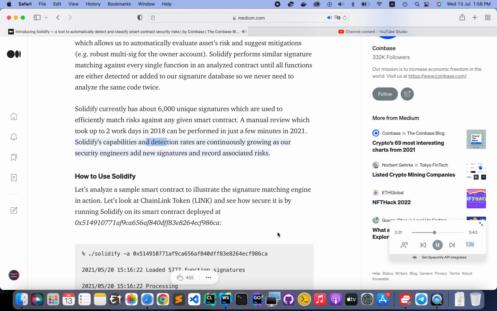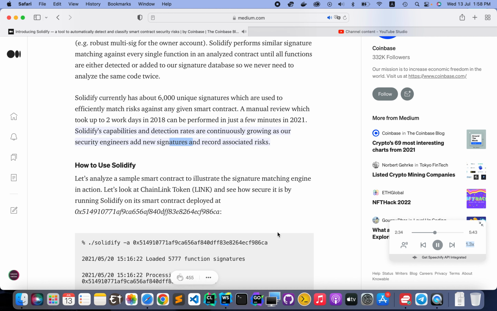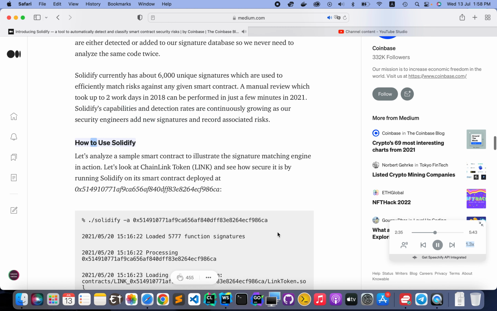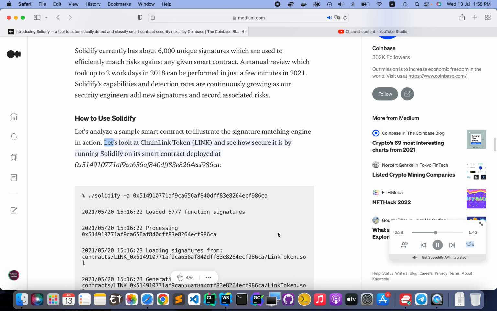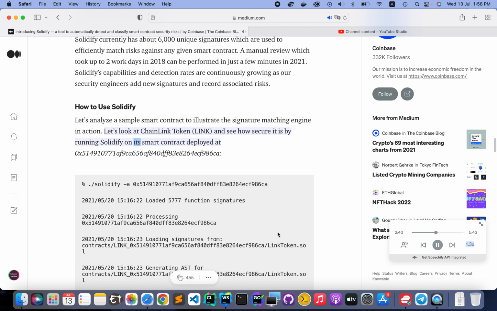Solidify's capabilities and detection rates are continuously growing as our security engineers add new signatures and record associated risks. How to use Solidify? Let's analyze a sample smart contract to illustrate the signature matching engine in action. Let's look at Chainlink Token LINK and see how secure it is by running Solidify on its smart contract